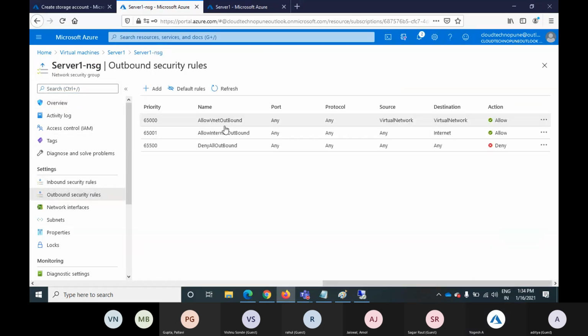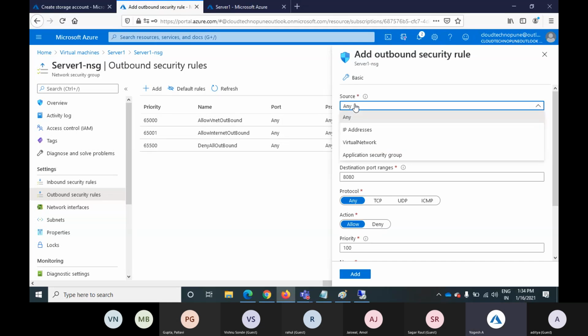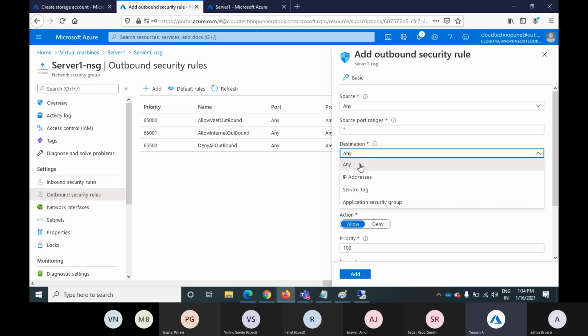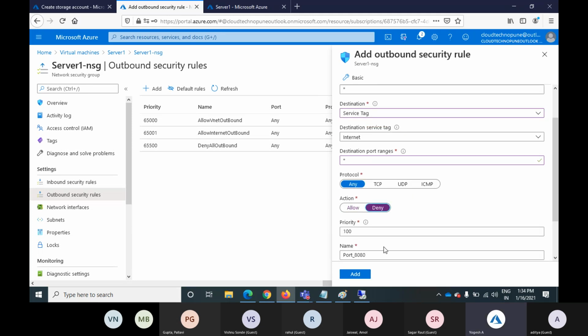outbound rule, and let's add. Okay, so if you configure the source as any, it will block the internet on both virtual machines. So let's try with any first. The destination will be the service tag, and under service tag you will get the option of Internet. And which port do you want to block? Outgoing port. I want to block all ports, meaning my virtual machine should not communicate with the internet on any port. Okay, the action will be deny, and then